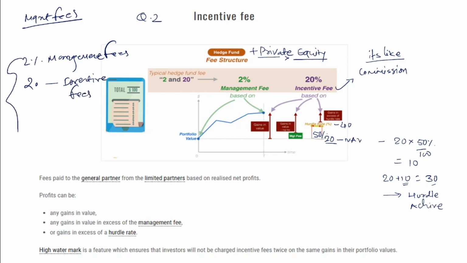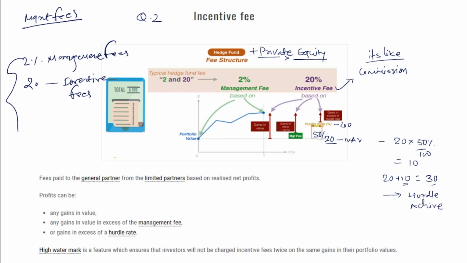Those are just standard rates. Standard means generic rates, which you can see across the board, but those are not fixed. The rate can be changed, depending on the investor. Even the incentive fees can also be changed. Maybe 15%, maybe 25%, 30%, maybe less than that. That depends on the two counterparts. But the standard fee structure would be 2% as management fees and 20% as incentive fees, which you may see in a hedge fund or private equity business.